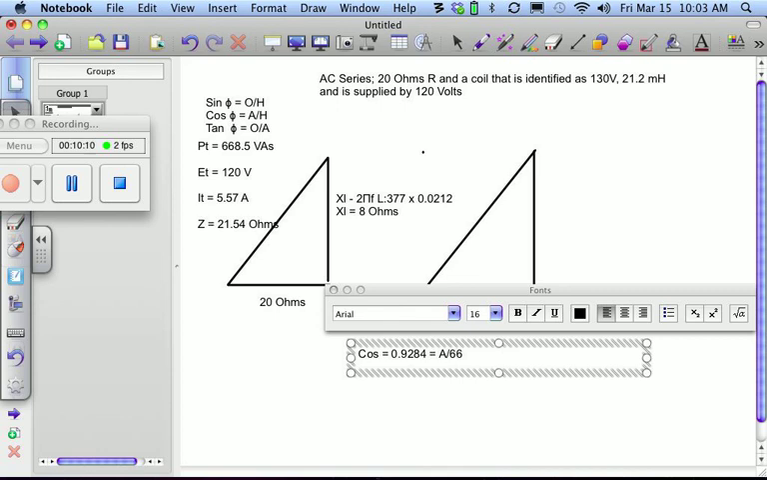668.5. So now we have three solid numbers and one variable. We have 0.9284 is equal to A over 668.6. And we can see that if we just multiply both sides by 668.6, we wind up with